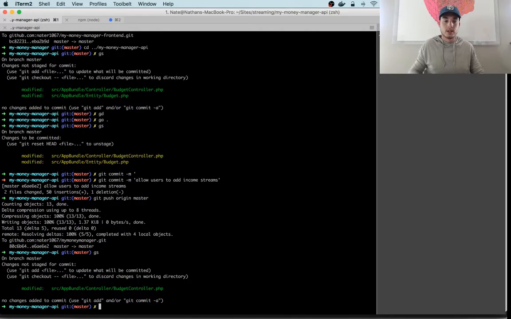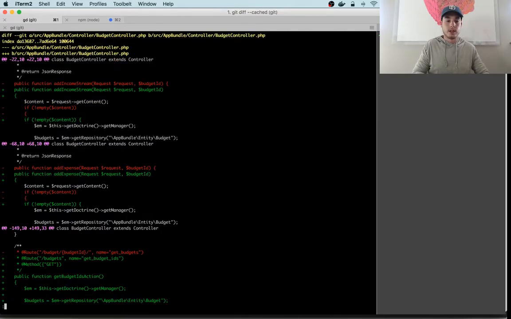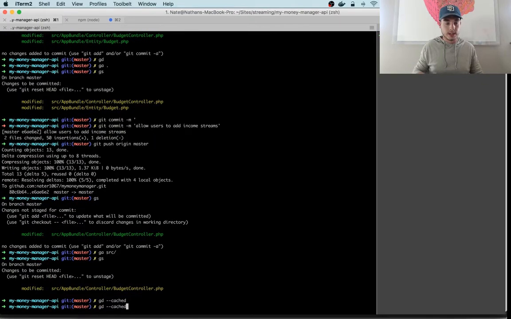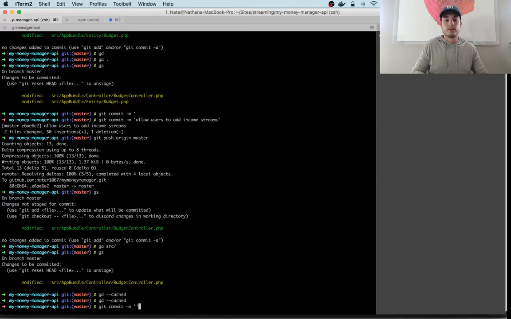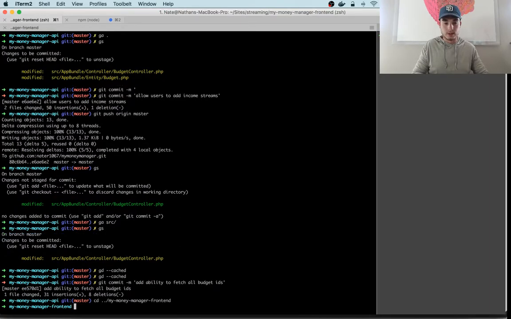So with that, I'm going to commit these changes. So these are our changes to our API. We added this get budgets ID action. Git commit, add ability to fetch all budget IDs. And then we'll go up to our My Money Manager,